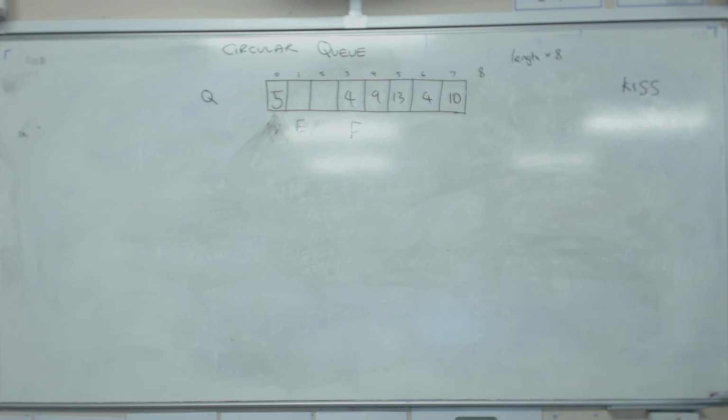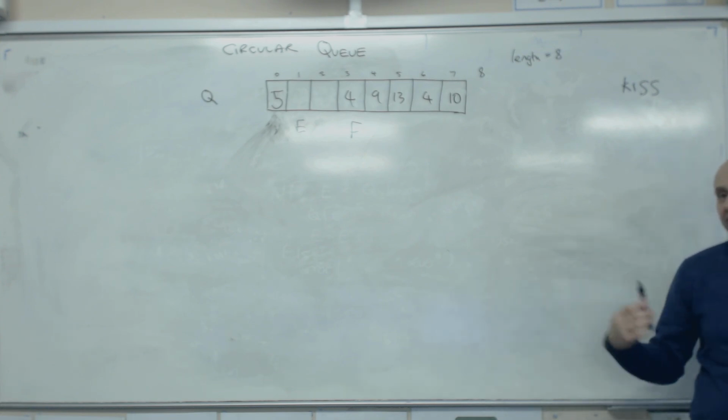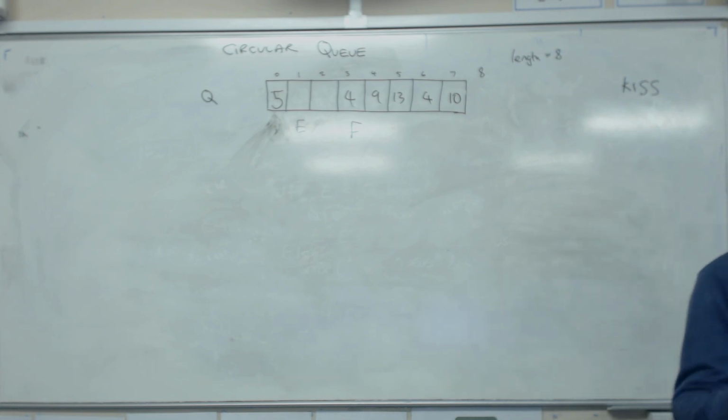Okay, but that's a circular queue. It's not mentioned in the spec. It used to be part of the syllabus on the old computing course. But it's a bit more efficient. You can keep going. So the only time you can't add something is if the queue's full. As soon as one item's removed, you can add a new thing again. So it's a bit more efficient than the other queue system. Okay, that's circular queues. I'll upload that